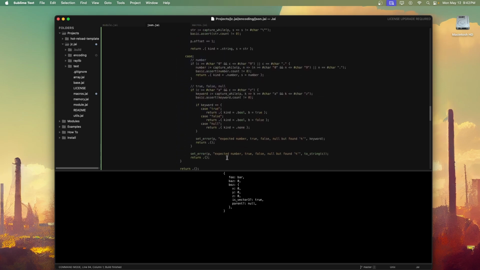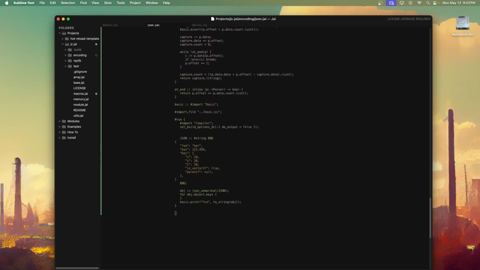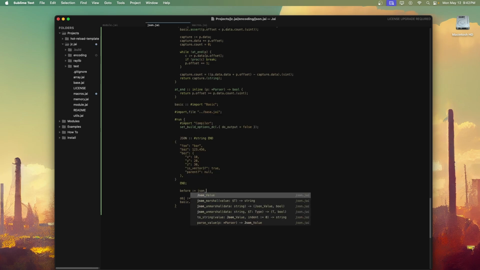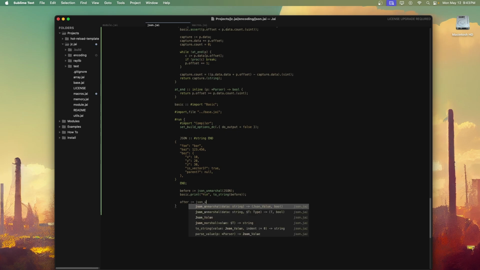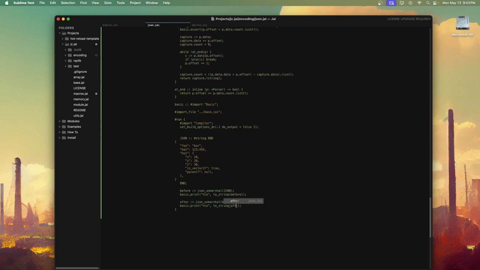So the real trick to make sure that this works correctly is we get a before JSON. We print out the before, and then we do after, which is JSON unmarshal before. We print out the after, like that, right? So we could say before, after, and if our JSON parser is working correctly,